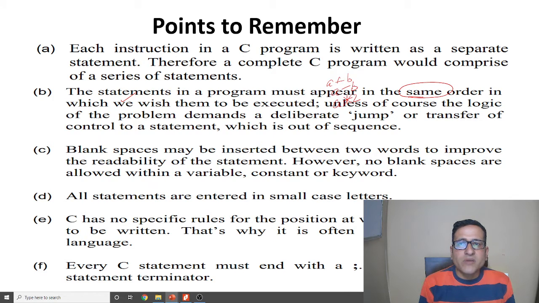Like if in some case it is required to subtract first, then we will write the subtraction step first. After that, if we require multiplication, then we will write that instruction, and after that if we require the addition, then we will write the addition instruction.